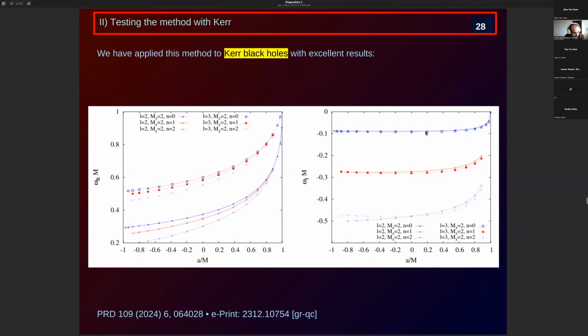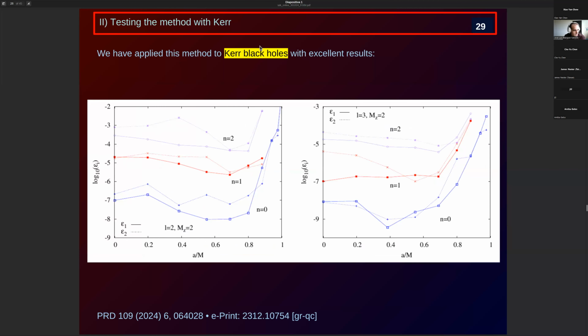Okay, the checks, a bit formal, to tell you that the method works very well. You can track the different modes with the angular momentum, the real part, the imaginary part for different modes with different excitation number, different L, L2, L3. We can also do different M sets, all you want, and check with the modes that you obtain from Teukolsky, which is what I showed you here. You compute the difference, and you see that the difference, for example, in the fundamental mode is 10 to the minus 7 or better. As you treat excitations, the difference becomes a bit larger, but still the method allows you to have very good confidence in the results for the excitations.